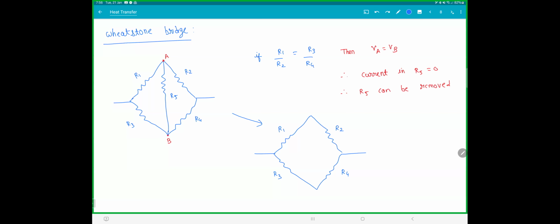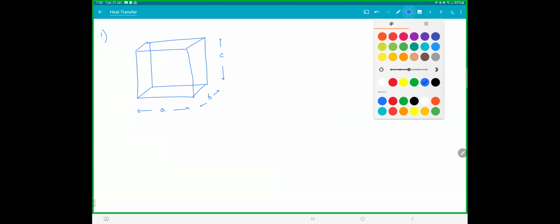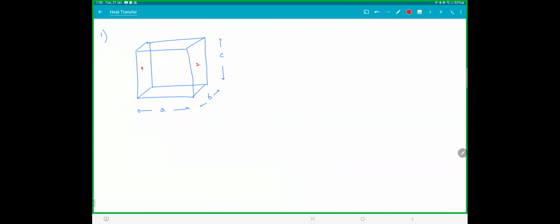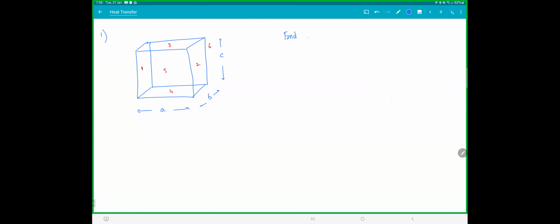Let's see a question. We got a cuboid. Let this be A. Let this be B. Let this be C. This is face 1, face 2. So the room you're sitting in, the left wall is 1, the right wall is 2. The ceiling is 3, the floor is 4, the front wall is 5, and the back wall is 6. So there are 6 faces. So find the ratio